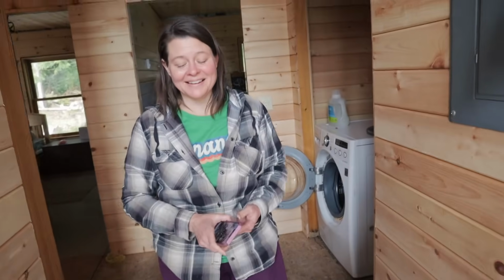Hey, Sarah. Yeah. Do you know what the first thing we need to do is? Take that, unclamp that piece. No. And cut it. The first thing we need to do is we gotta put up that light in the closet